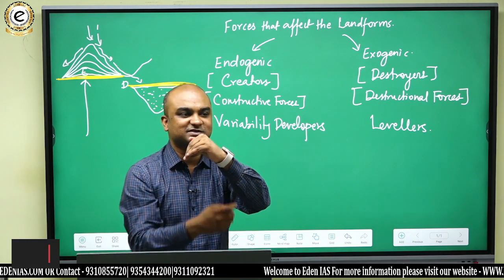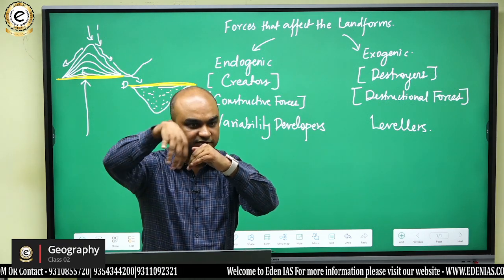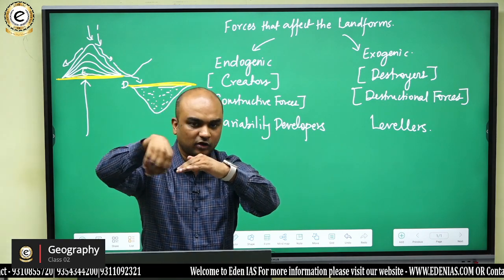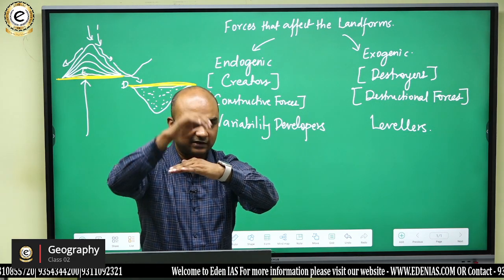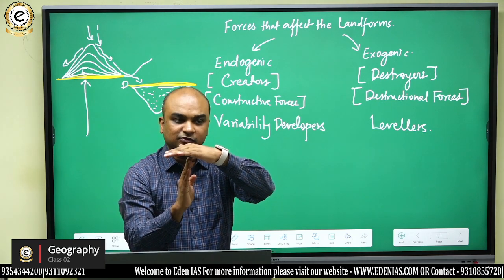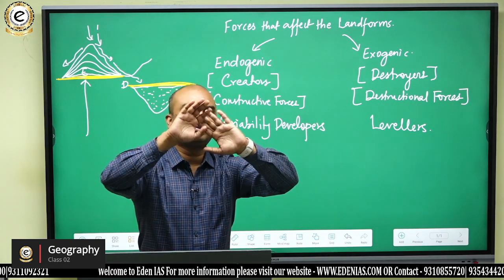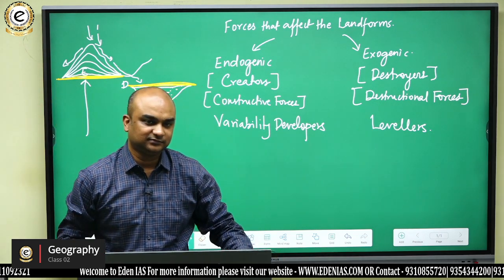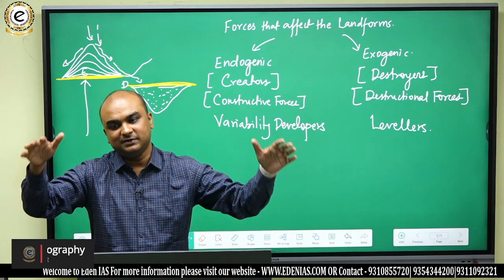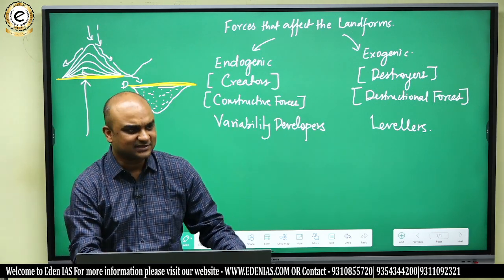Now what kind of landform is this? Elevated or depressed? Elevated landform. Now there is constant downcutting of this landform due to rainfall and small streamlets that flow across this landform, and ultimately it is destroyed. Do you get it? Now, do you think that when the variability is being developed, the exogenetic processes will stop their work? Will that happen? Suppose a mountain is coming up, till such time, will there be no rainfall? ऐसा होता है क्या?